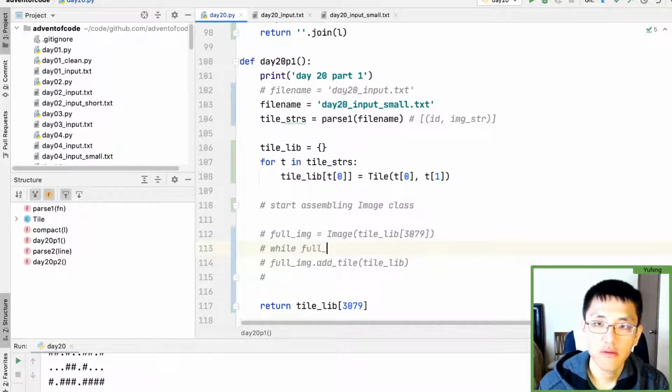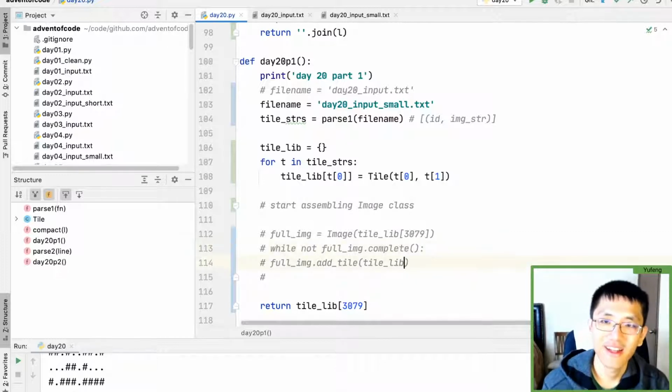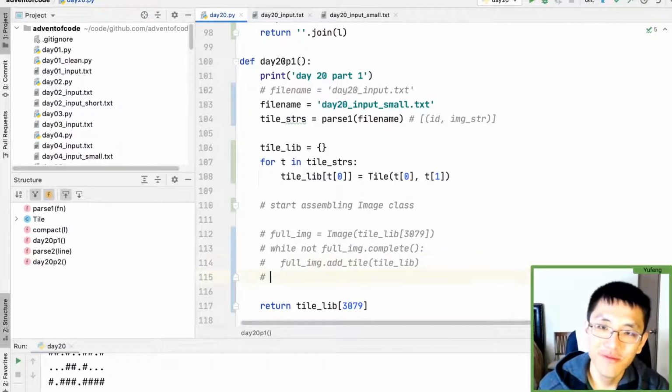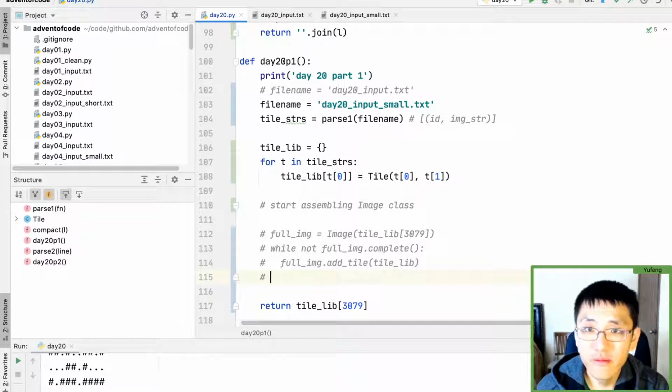While full image is not complete. I don't know if that'll be a function or not. We'll add a tile, and